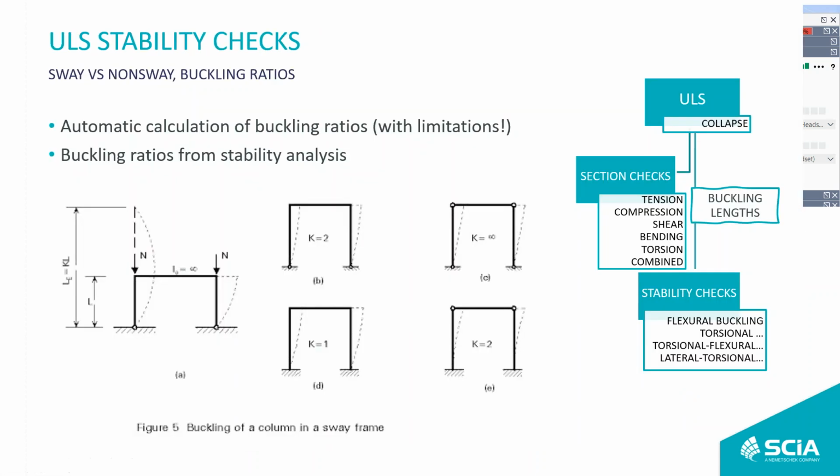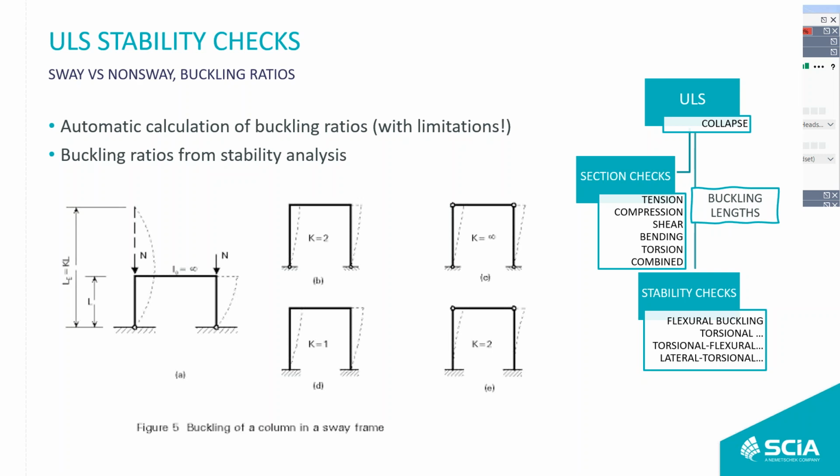Stability checks. In my initial flowchart here, I've added this part. It's a little bit more wiggly. It's the determination of buckling lengths because it's not always 100% clear. In fact, SCIA offers an automatic calculation of buckling ratios, but there are some limitations, and we will talk in detail about what these limitations are. And also, whenever we face these limitations, we can always calculate our buckling ratios from stability analysis. This is also relatively automated inside SCIA Engineer, and it is easy to do,